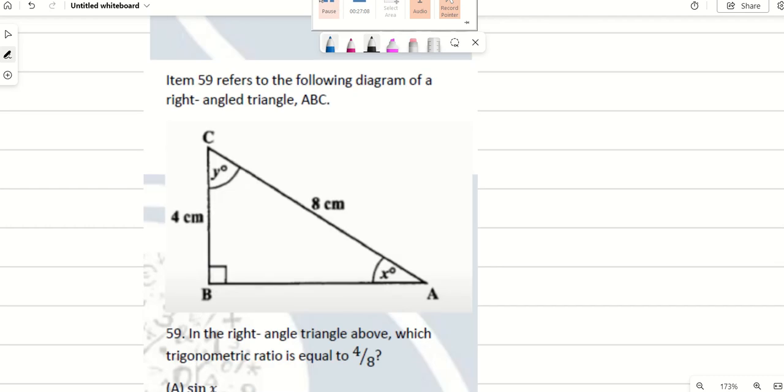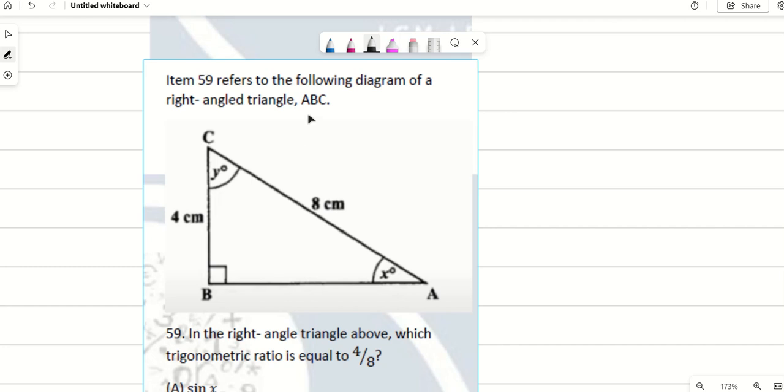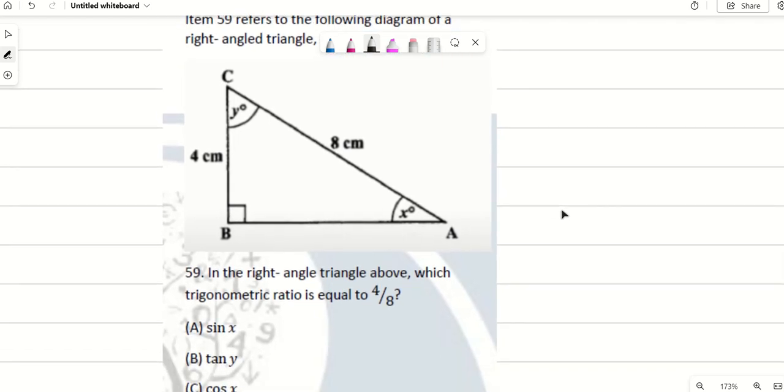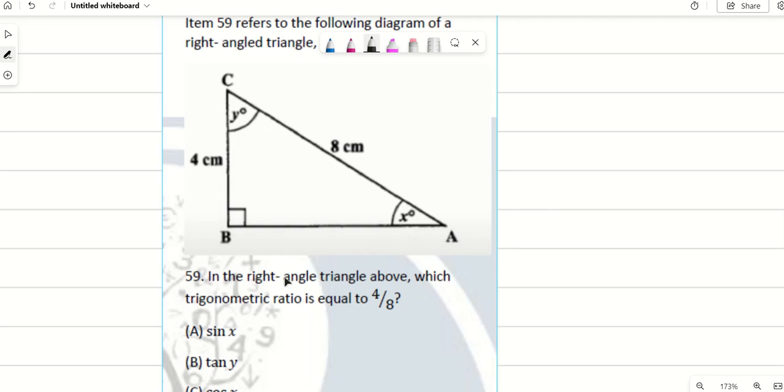So item 59 says, refers to the following diagram of a right angle triangle ABC. In the right angle triangle above, which trigonometric ratio is equal to 4 over 8? If we look at 4, we are using X, right? First off, 8 is our hypotenuse, right? Now, if we look at